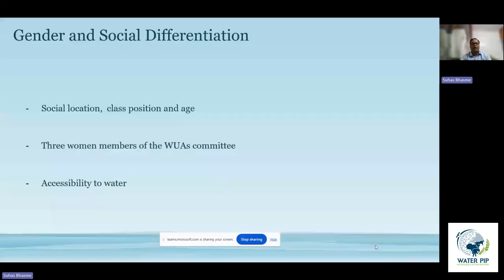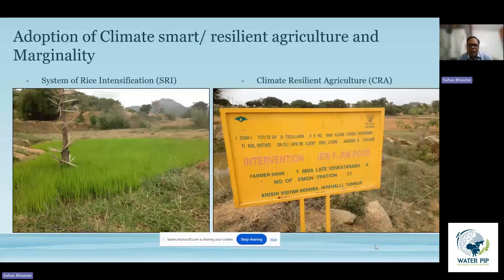Now finally shifting the attention from irrigation management to climate smart, resilient agriculture approaches, which talk about saving water, conservation of water, and minimal use of water in order to enhance crop productivity. Some of these are the System of Rice Intensification, which involves systematic planting of rice seedlings and the alternate wet and dry method to increase crop productivity. Similarly, climate resilient approaches talk about adopting technologies that ensure minimal use of water while enhancing crop productivity.